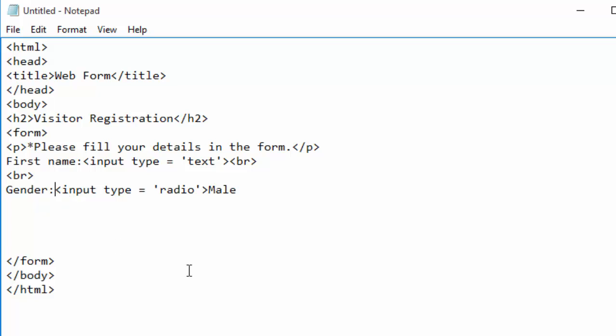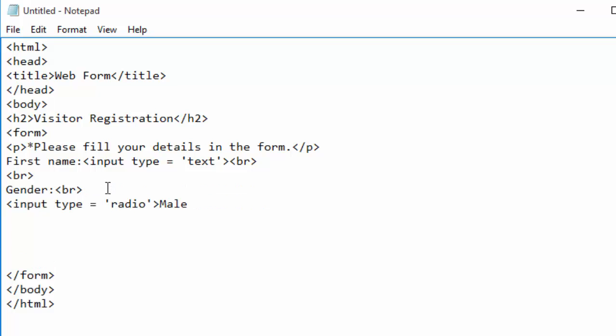I can have a break here. Let me try to have a break here, like that, so that my button will be inserted below the gender label. Then after that male, I will put another break and come down here